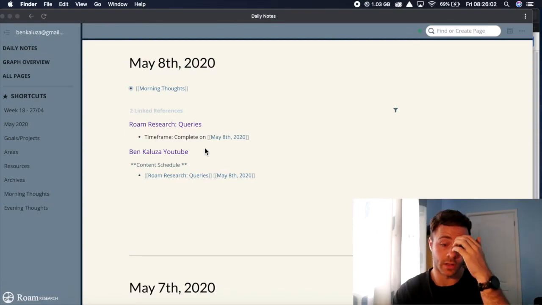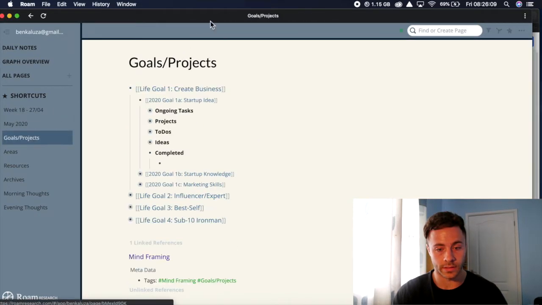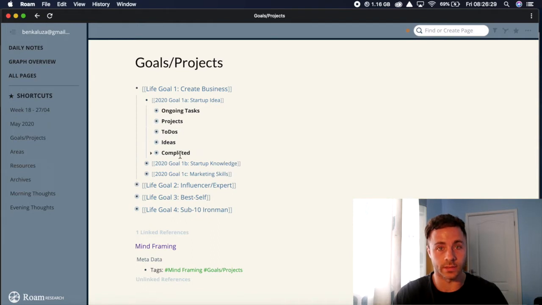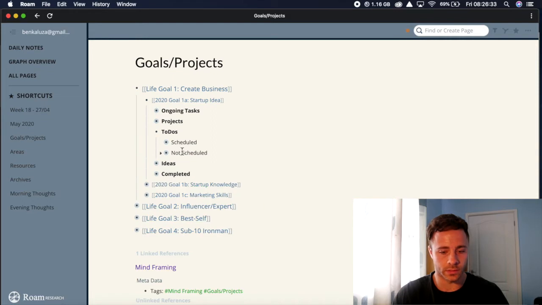So just going to go straight into it and look at the queries that I've implemented into my system. So again, going on this goals and projects page, at the moment I have, for one of my 2020 goals, ongoing tasks, projects, and then where I've implemented the queries is under ToDos, ideas, and completed. So under ToDos I've got scheduled and not scheduled,